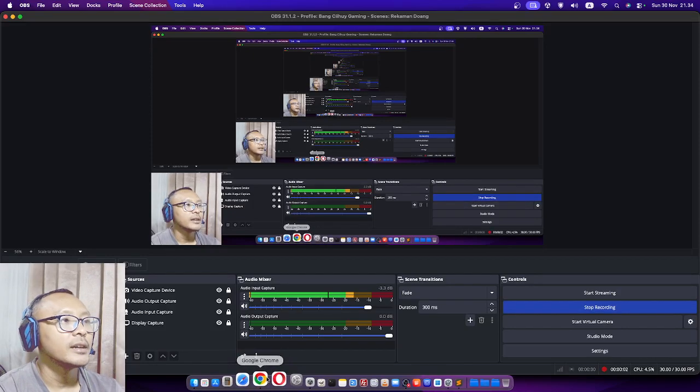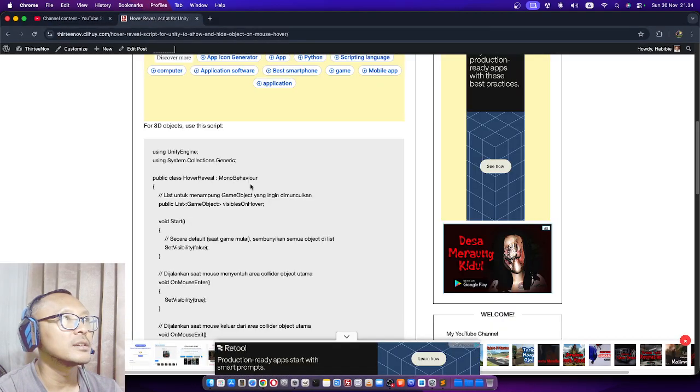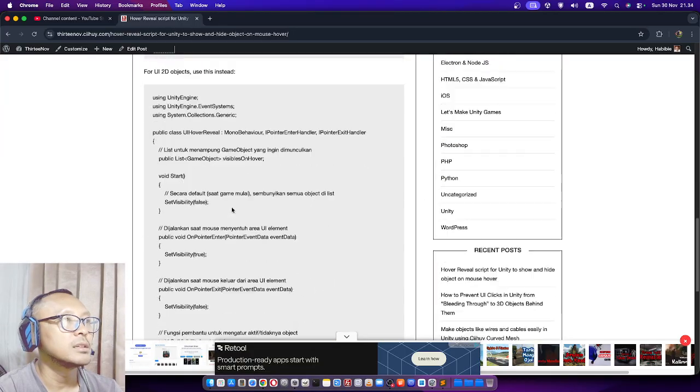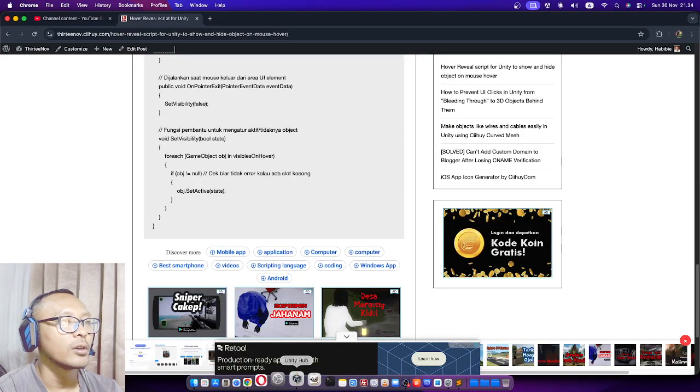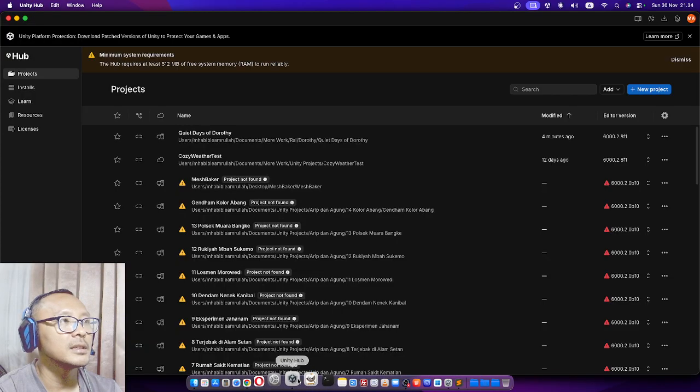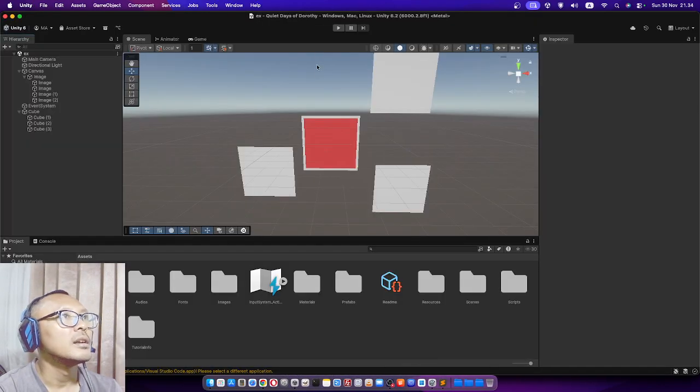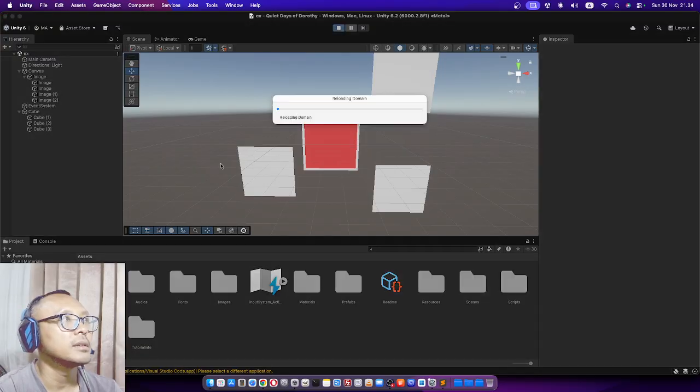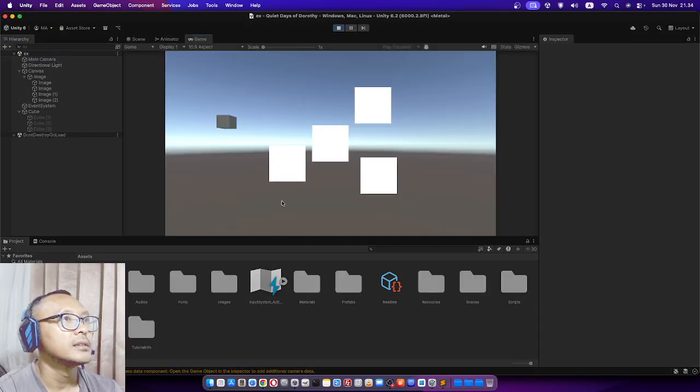Hello everyone, here I'm going to share a Unity C# script for a mouse hover effect in your Unity games. Let me show you an example. I have a scene here and there is a UI object. If I hover on this object, you can see that a red rectangle appears, and I can add other objects to